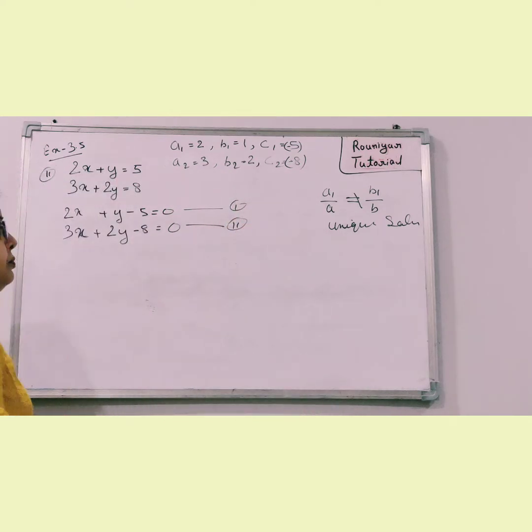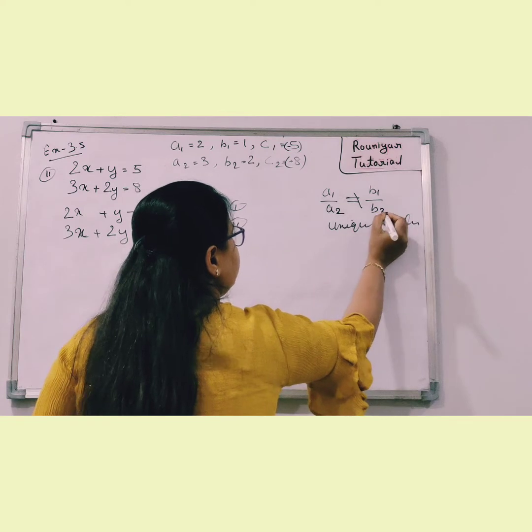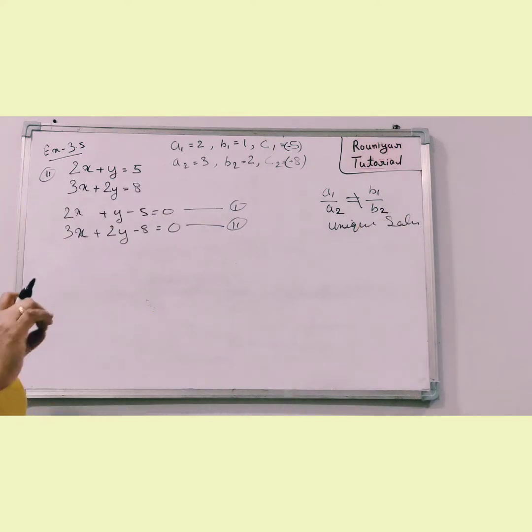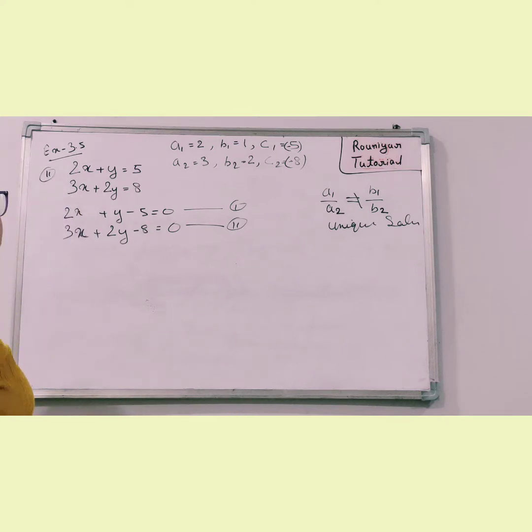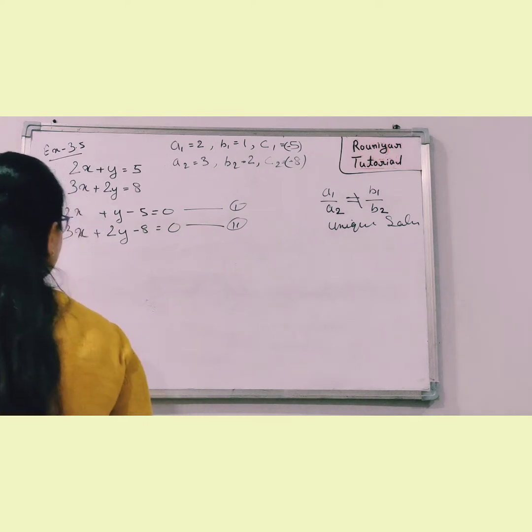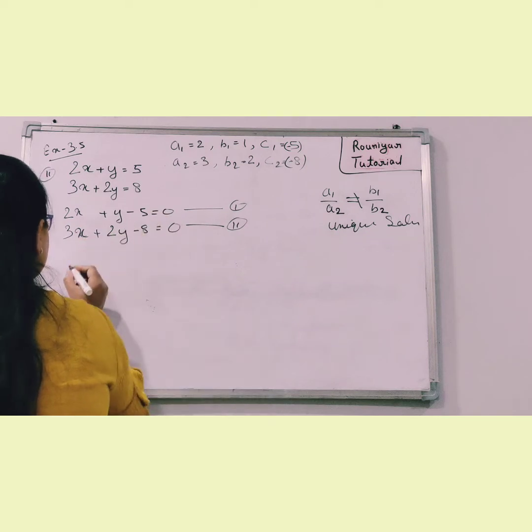ओके, तो अभी जो इक्वेशन का दूसरा रूल है वो ये है, if a1 by a2 is not equal to b1 by b2 then the equation has unique solution. Okay, and according to the question, if the equation has unique solution, then we have to find out the value of x and y through the process of cross multiplication, through the method of cross multiplication. Okay, so चलो एक बार चेक भी कर लेते हैं। Here a1 is 2